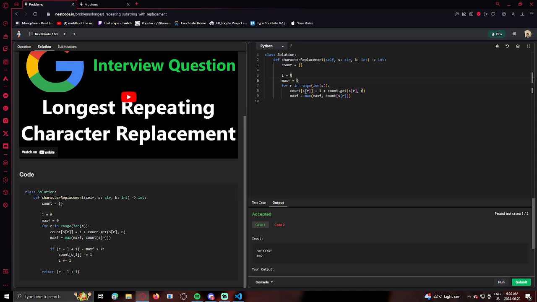Count at the letter equals 1 plus the count dot get of that letter in the string. So we get the total count. And then max F equals the max. So we have the current maximum. If R minus L plus 1 minus max F is bigger than K,